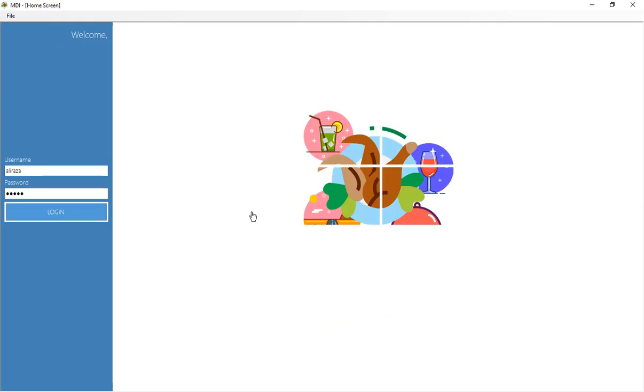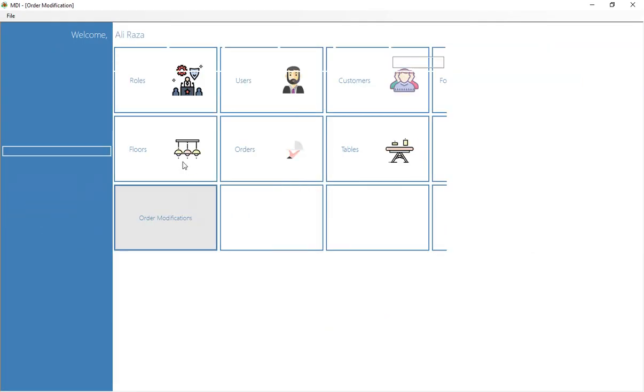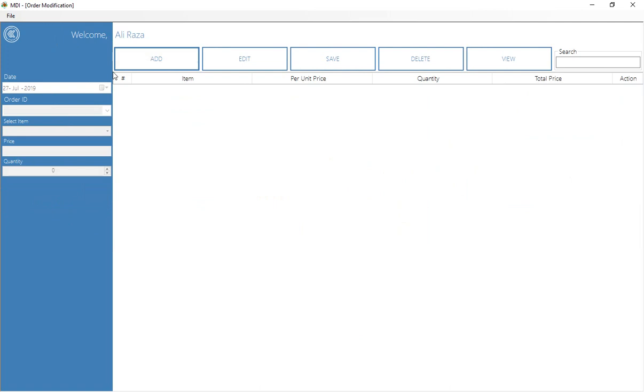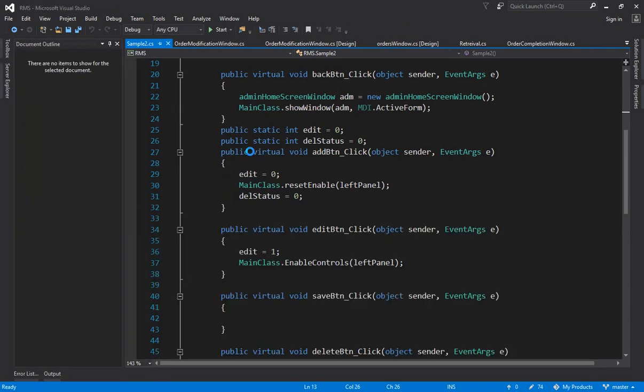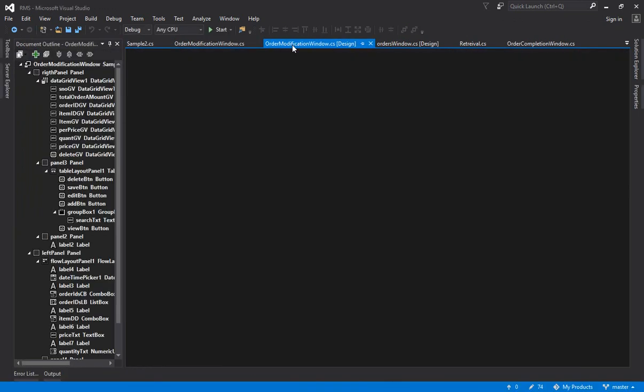Okay, login, then order modification. Everything is disabled, but when you click add, the things are not enabled. Why? We have to check this. Okay, so the main problem is this is the flow layout panel, and the add button is working on the panel control only. So what I can do, I can